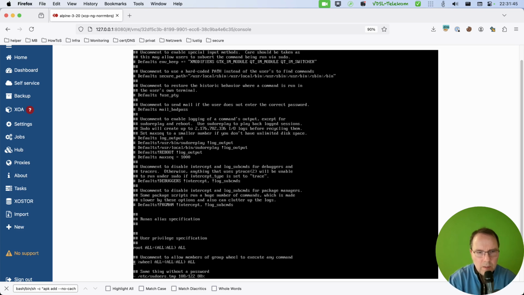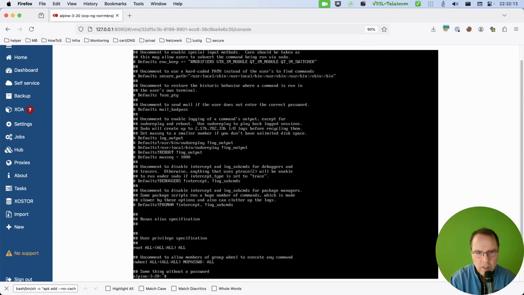And this is the example line for giving the wheel group all sudo rights. And I don't want to use a password. So I put NOPASSWD into it, save the file,